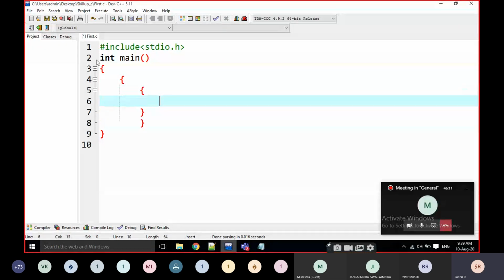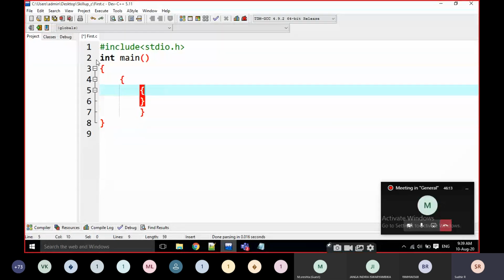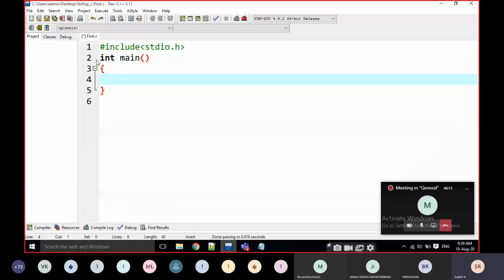Every time we have to open and close them. If you are not closing it, there will be confusion when we are writing the program. If you open one bracket, immediately at the same time we have to close it. That is the best practice every time. Then only we have to write the code. Yes, I am writing here int main. First of all, how are we going to write?